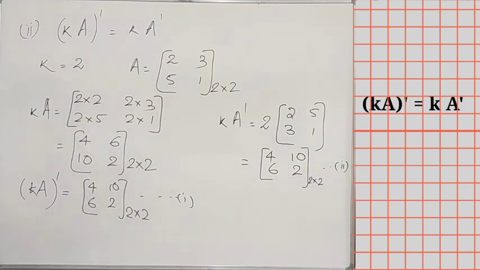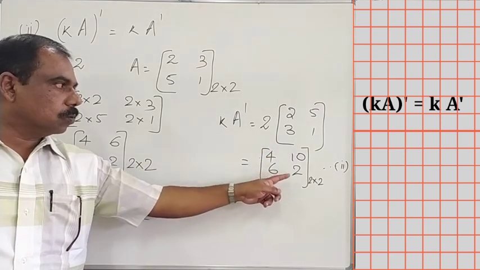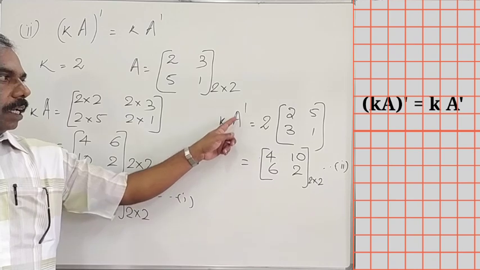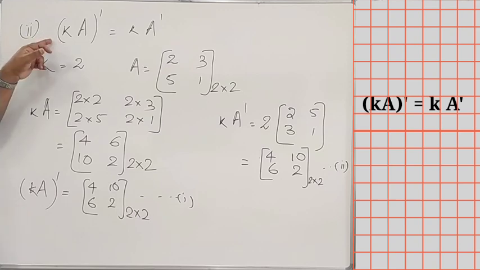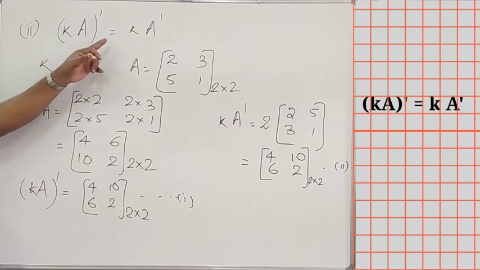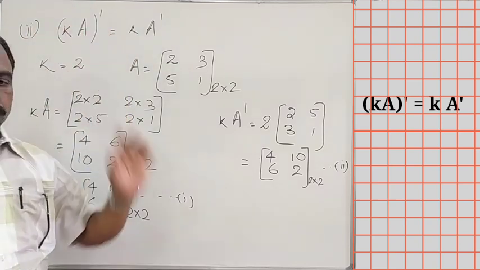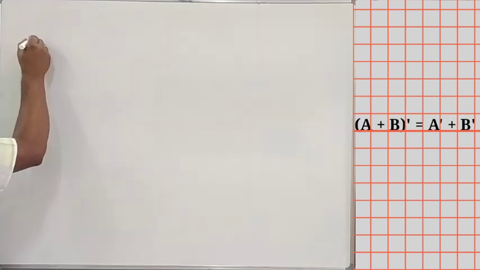Look at equation 1 and 2. 1 is 4, 10, 6, 2 and 2 is 4, 10, 6, 2. We can say that K A whole transpose and K A transpose both are equal. Hence we prove the property K A whole transpose is equal to K into A transpose. The third property,